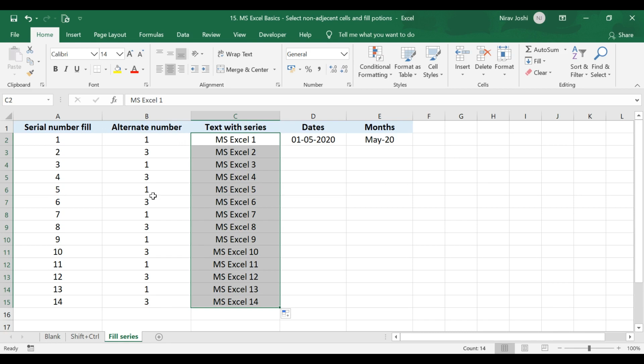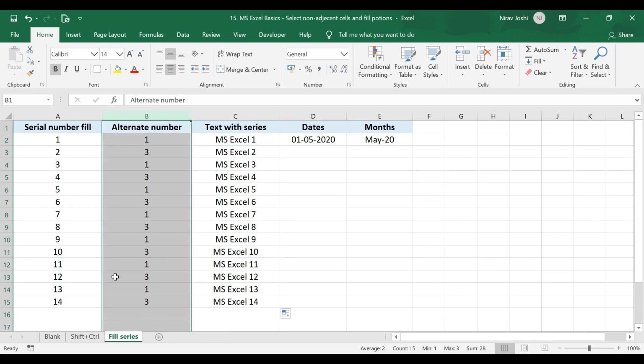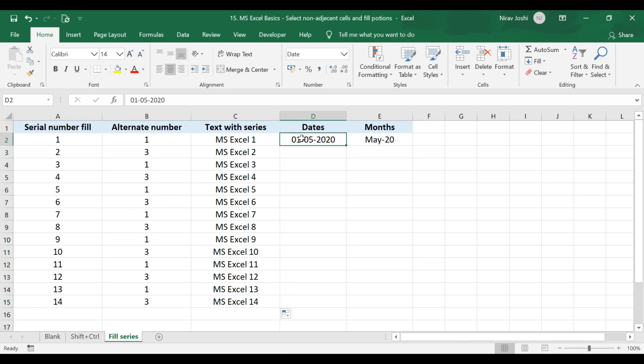So here the maximum range that has been filled is with the B column. The D column has data up to only D2, but the B column has data up to B15. So when you double click the cell's right lower corner, it will automatically fill the series up to B15.